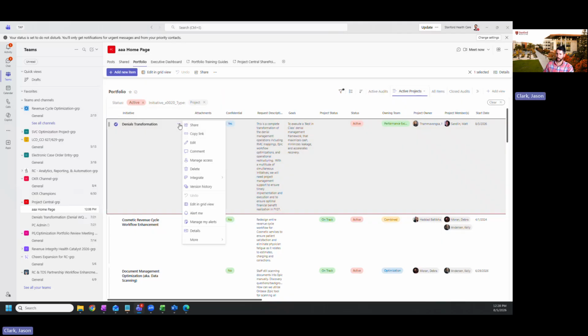Additionally, you can delete rows if needed in case there's something that was added accidentally. You can share. But one thing that's very useful is the